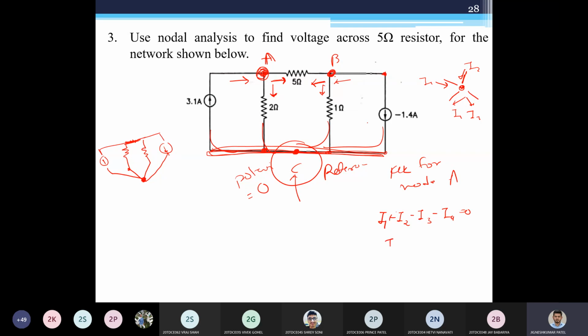Or I can write it like this also. All the currents going inward on one side are equal to the currents going outward on the other side. Both are the same. If I take these two terms on that side, that would be the same. So this is the KCL. If I apply KCL over here, let us temporarily write this down. This is my I2 and this bottom one is my I3. So here I can write I1 is equal to I2 plus I3. Now what is the value of I1? As this is a current source, I can directly write I1 is 3.1 ampere.